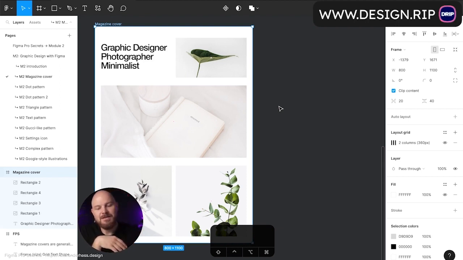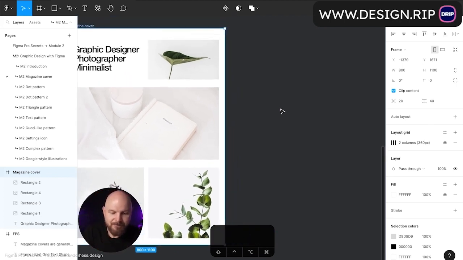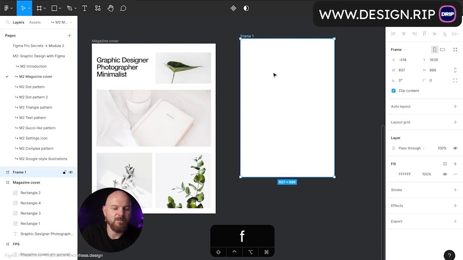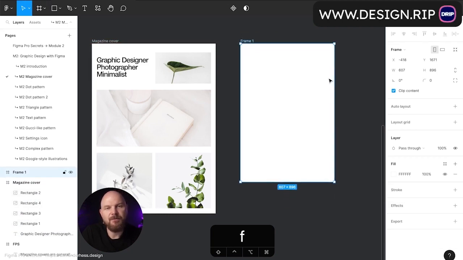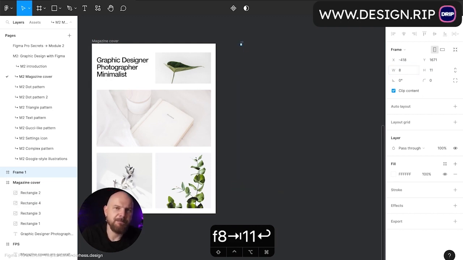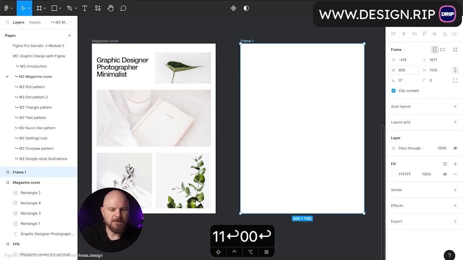Today we'll create this magazine cover. Let's create that. In order to do that, again, remember, we create a frame. This is what we start with. And the frame has the same proportions as I said. It's 8 by 11, right? But in this case, what I'm going to do is add 2 more zeros to make 800 by